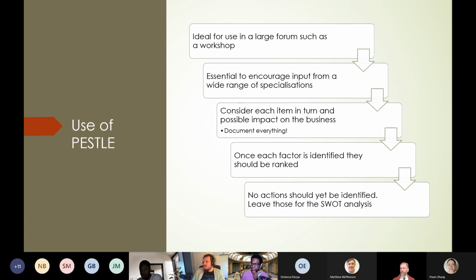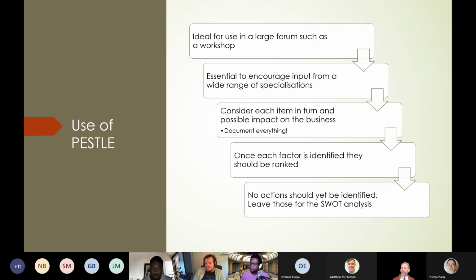It's probably best doing it systematically. So you go through each one in turn. So I want you to think about this. It's probably best also to flag to them before they come to the workshop what the headings are, so that they can have a wee think about it before they come in. But you go through each one systematically, get everyone's input, and as you would do with any of these things, you document it. What are people saying and why?